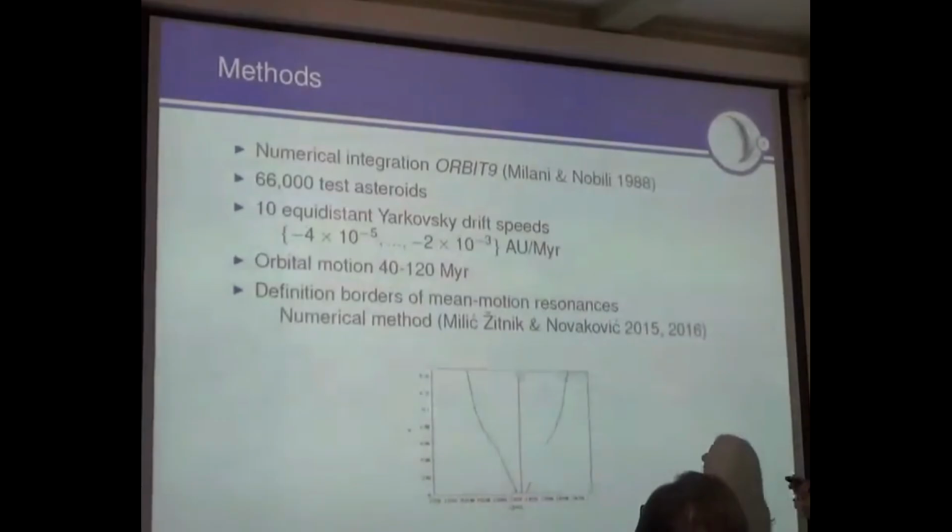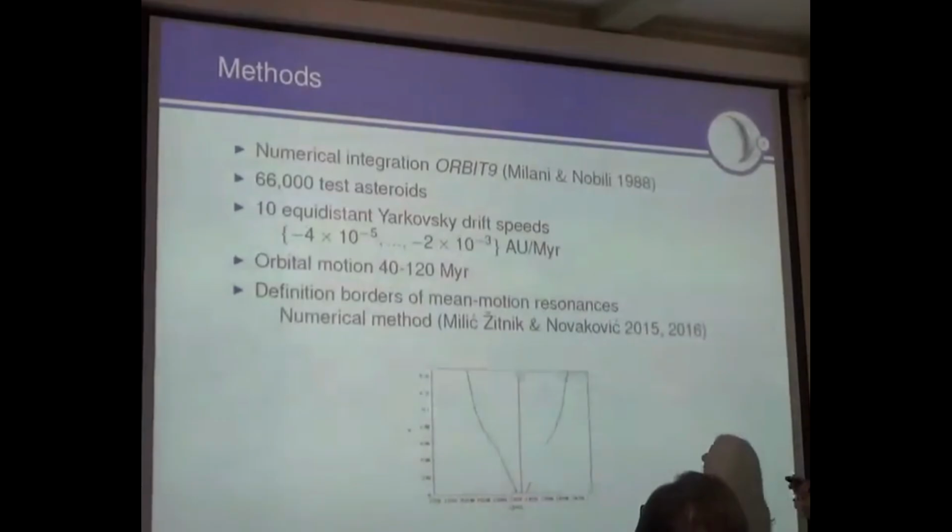This is an example of one of our mean motion resonances in the plane of semi-major axis A and eccentricity E. This is the center of the resonance, and these are totally symmetrical borders with respect to the center of the resonance, because we chose wider borders of the resonance in this plane, because we put at the beginning